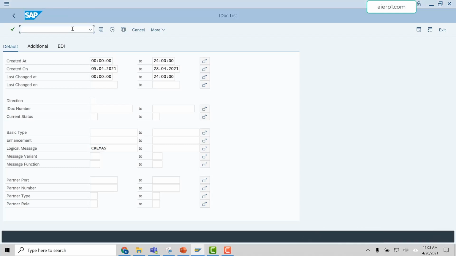This is the screen to display the iDoc. Give the date. I have chosen a range from 5/4/2021 to 28/4. In the logical message type, enter the iDoc type. For now, I have entered CREMAS, but we will discuss this in more detail. CREMAS is a type of iDoc, and this iDoc sends or receives the vendor master. So I've entered the iDoc type CREMAS. Now click this clock, execute,